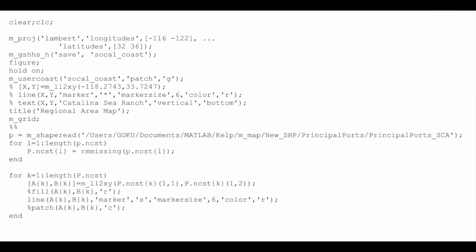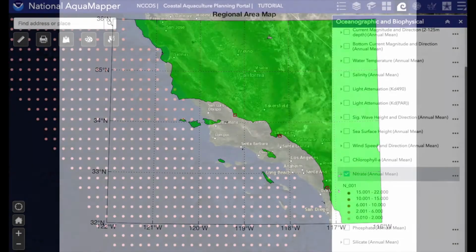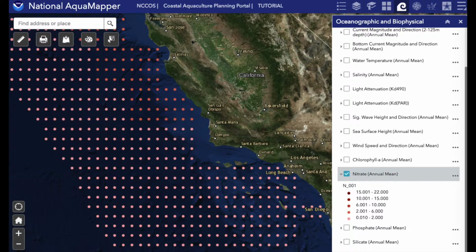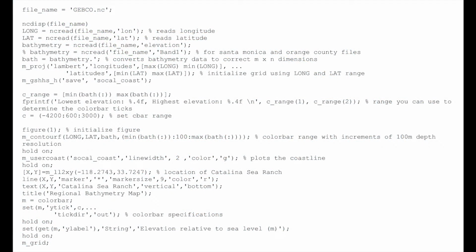For our experimental methods, we are using mainly MATLAB to create functions for our indices and maps that display those indices. AquaMapper didn't provide sufficient data, but we did pull data for sediment types. The objectives of our project are to generate a map for optimal kelp farming using a MATLAB script. And this script takes inputs of latitude and longitude, and it will output the total and individual index values for